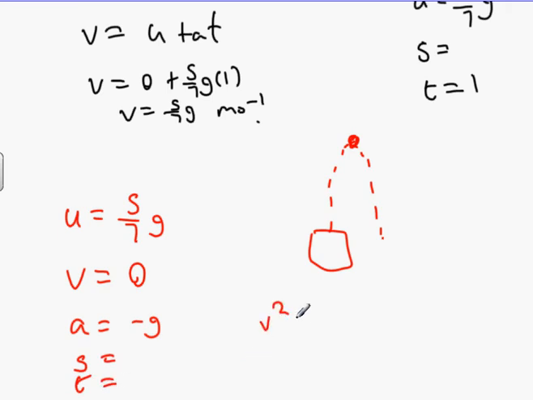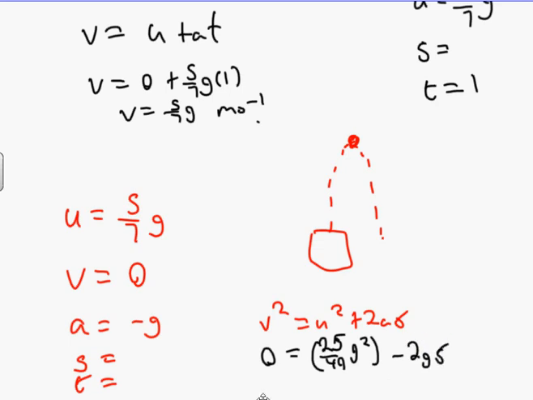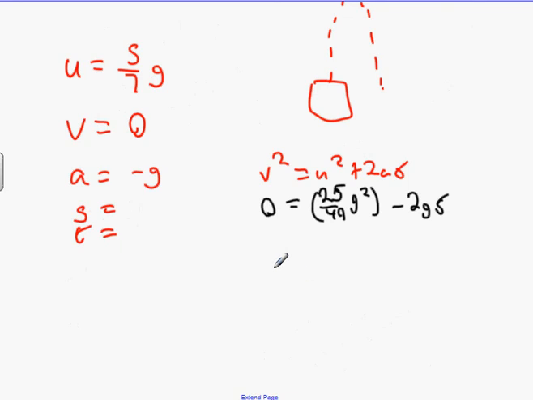We're going to use phi squared equals U squared plus 2AS. And then we're going to use 0 equals square that, you get 25 over 49 G squared, right? And then 2AS is going to be minus 2GS. So then bring it over the other side. 2GS equals 25 over 49 G squared. One of those G's with that G there. S equals 25 over 98